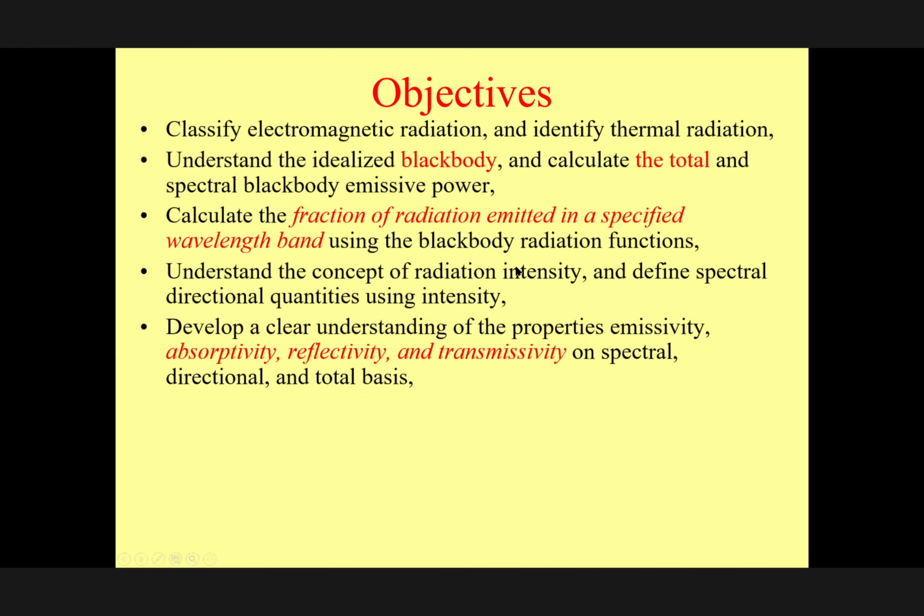And understand the radiation intensity. Again, these are the terminology. We are going to see what that means, radiation intensity, and define spectral directional quantities. Again, these are the questions that come from different directions. Therefore, we have to focus at that part and develop a clear understanding of the properties of emissivity, absorptivity. These are properties, the same thing that we have for material. When we talk about the density, we're talking specific heat. Therefore, here also these are important parameters of the material that we need when we're trying to study radiation,